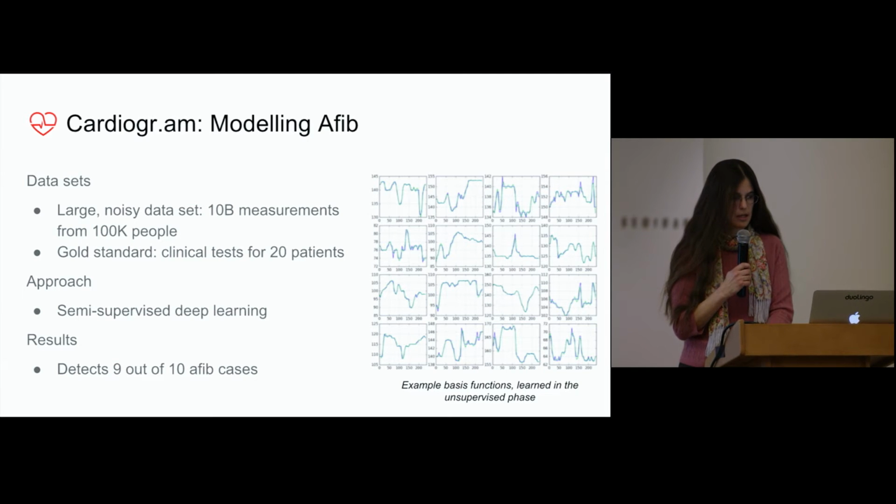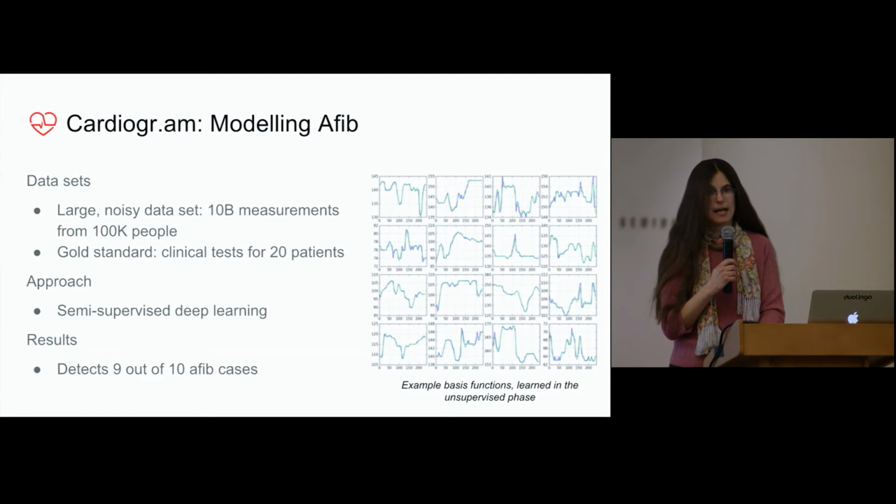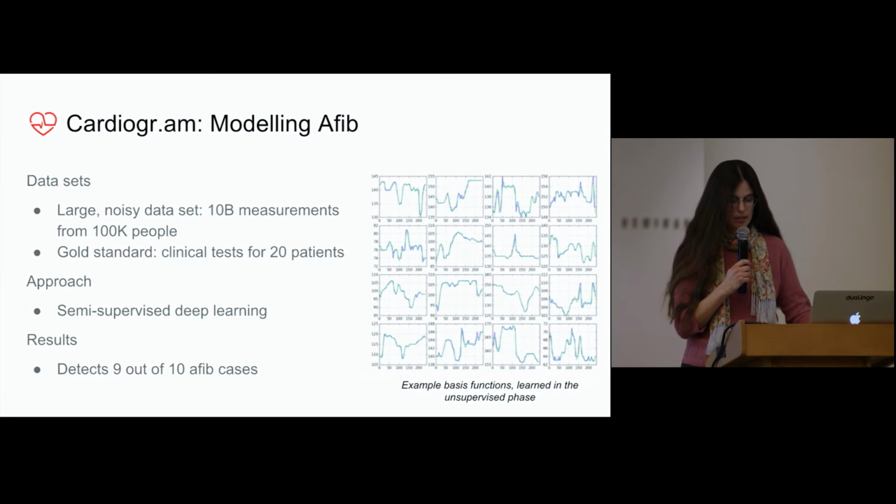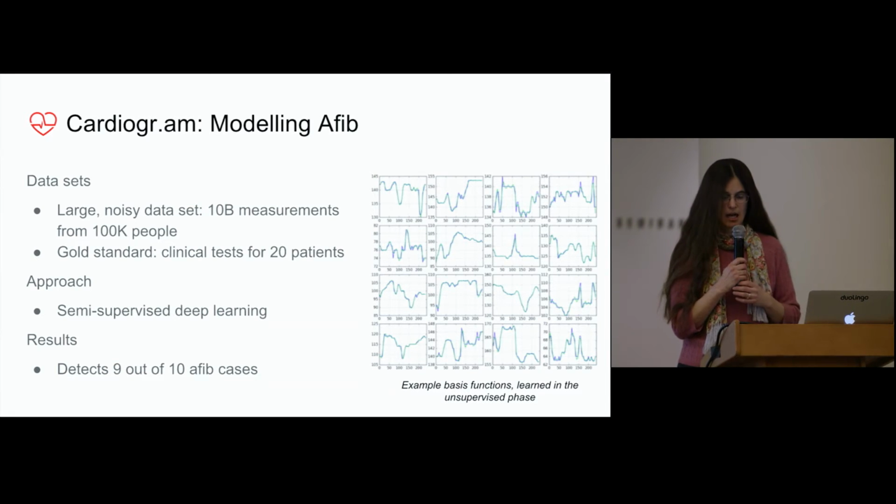At this point, their model can detect 9 out of 10 AFib cases. That's pretty good, but to be of clinical use, it still needs to get higher. So they're working to improve their techniques, get more labeled data, and get it to the point where it's of clinical value. So this is an example of a company in the sector of health that can use computer science to solve some pretty interesting problems that really can make a difference in the world.